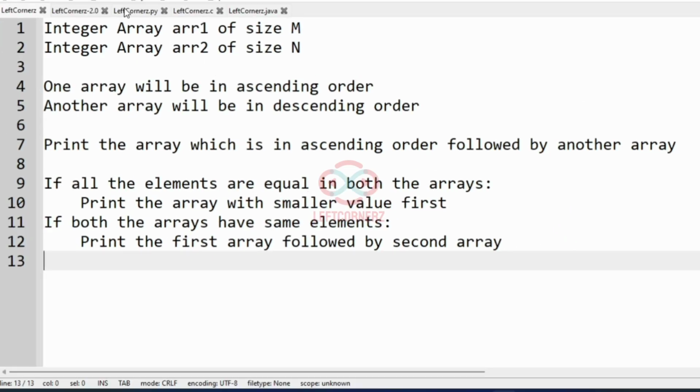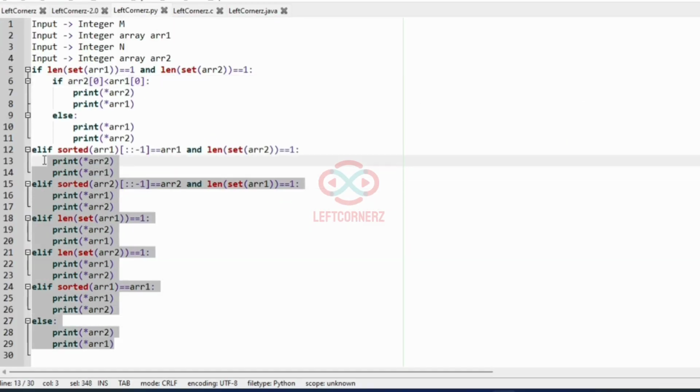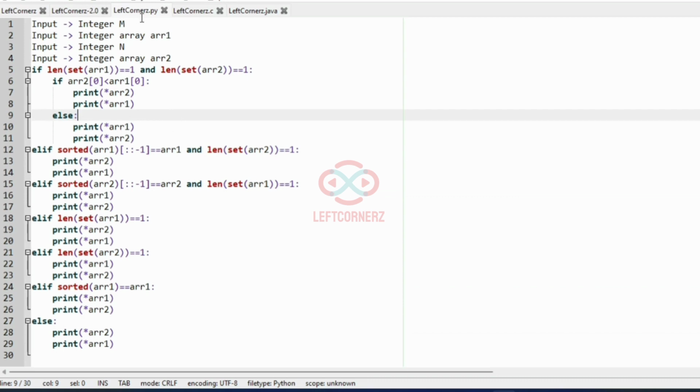Now let's see how to solve this program. First we have to get the input integer m, and then the integer array 1, and then integer n, and then the integer array 2. We are going to check several conditions to get the desired output.